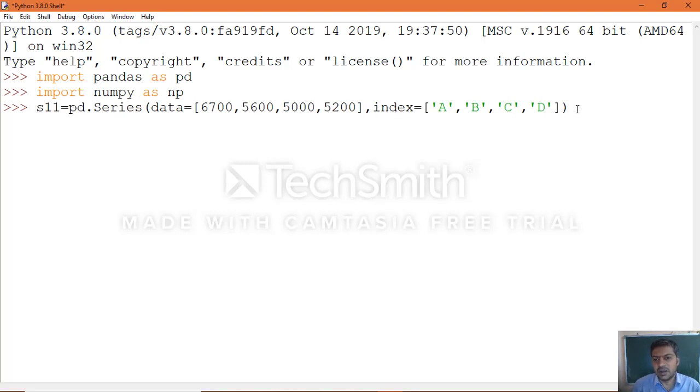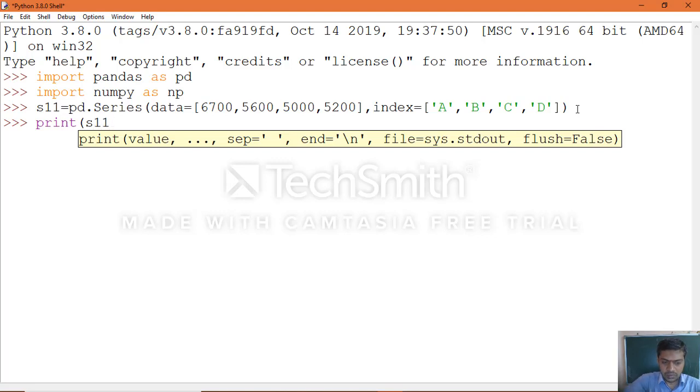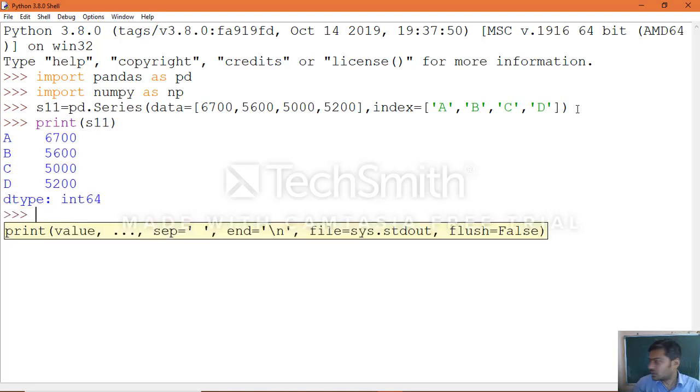This is a charity example where classes 11 and 12, each section, show how much amount they distributed for charity. Print the object, print S11, and you can see the output. Now we will sort this data in two ways: based on the values and based on the indexes. First we will sort based on the values. S11 dot, there is a function called sort_values.